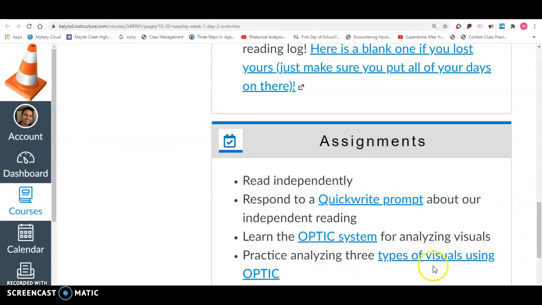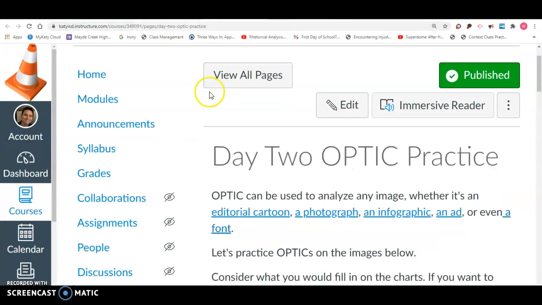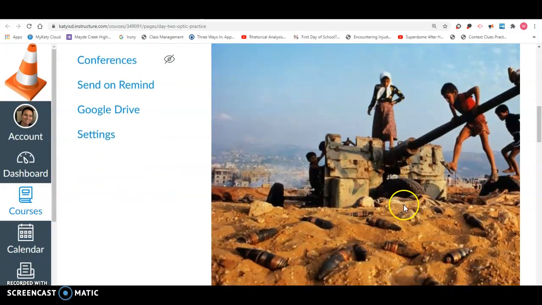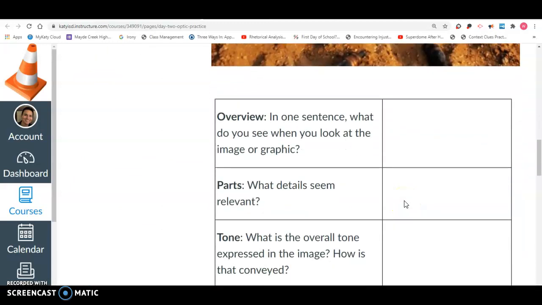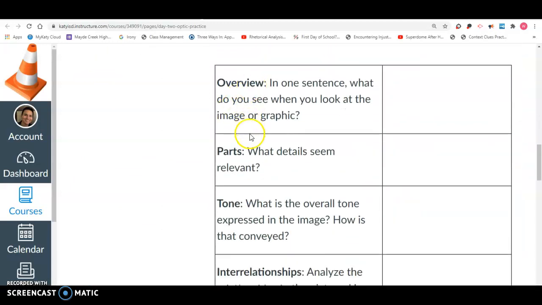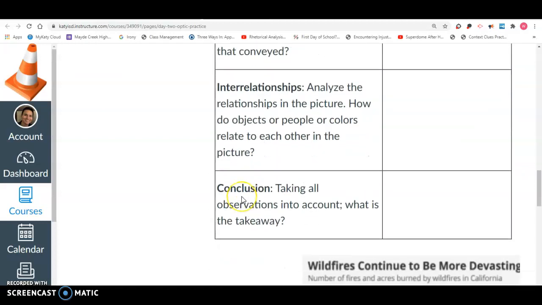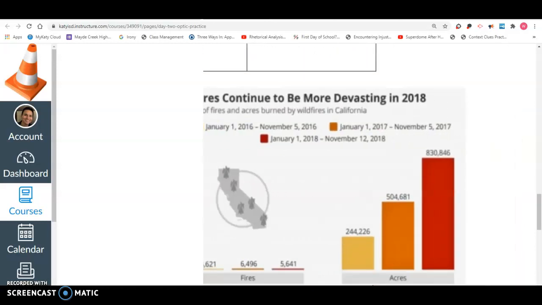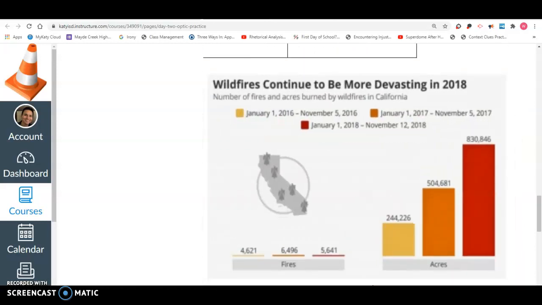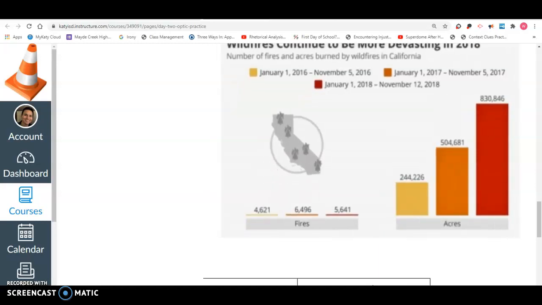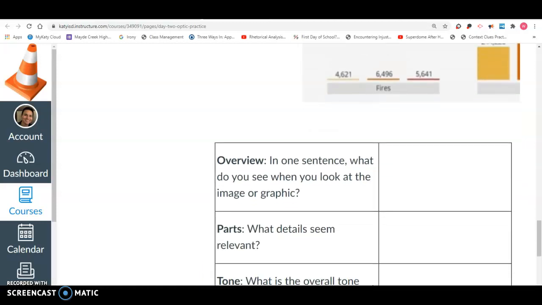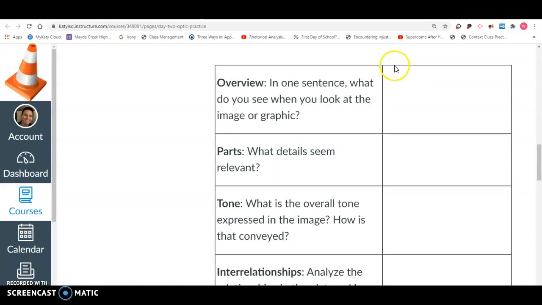We're going to practice using OPTIC using these 3 pictures. We have a photo here. We have some boxes that we have to fill out using OPTIC. The other picture here is an infographic about wildfires. And there's also another box underneath it, OPTIC. So again,